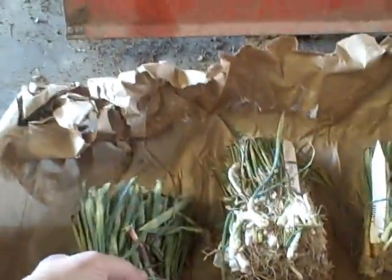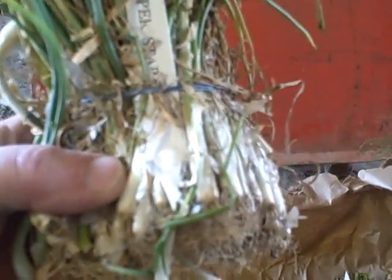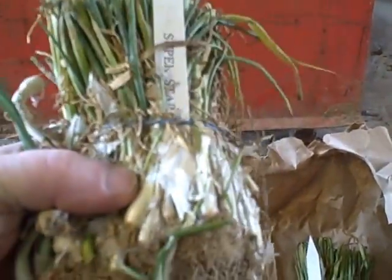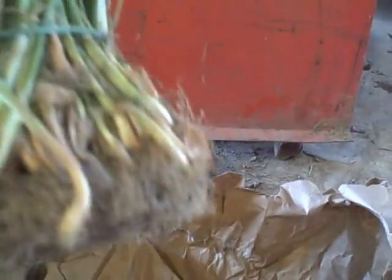And these right here are red candies. These are my red candies right here. And these are Superstar. These are just like your Vidalias, but since they're not grown in Vidalia, Georgia, they're called Superstars. And these are candy. These are all intermediate type onions, not short day, not long day, but intermediate. And them are candies. Those are really, really good. They're of a yellow type